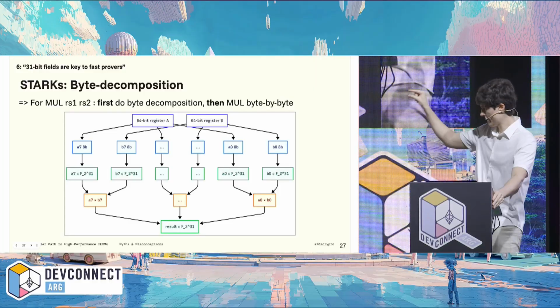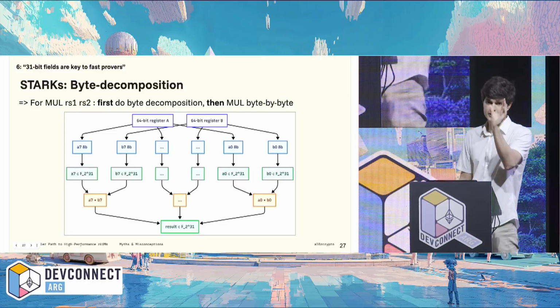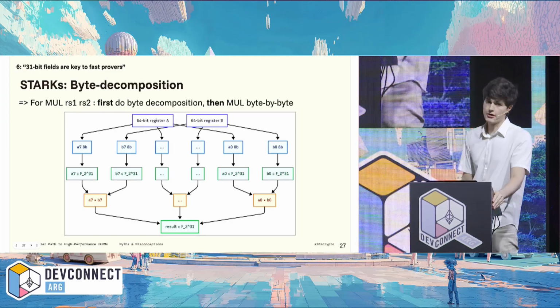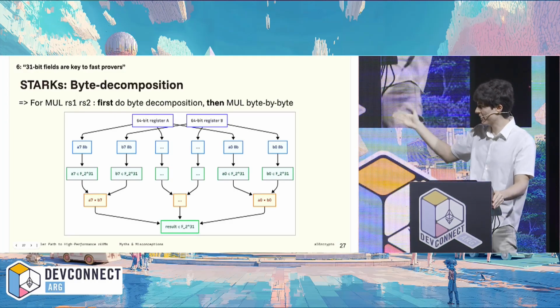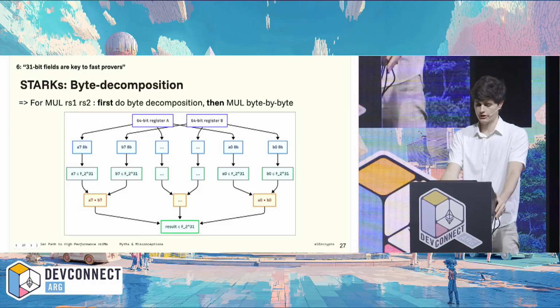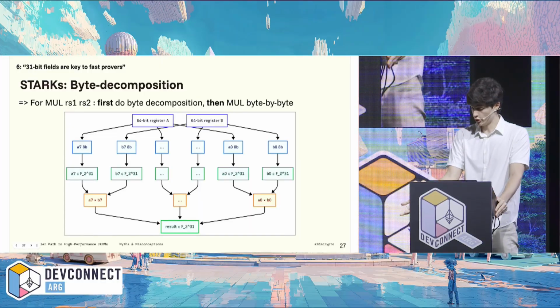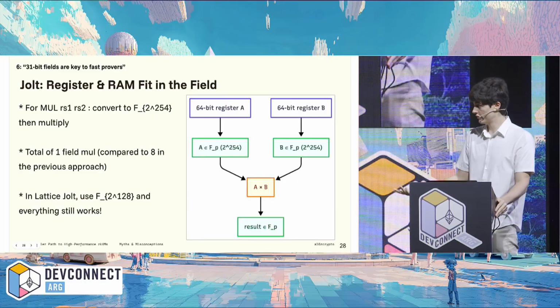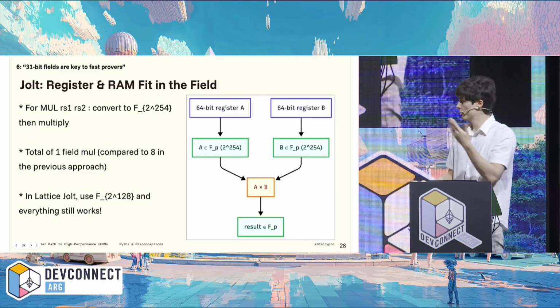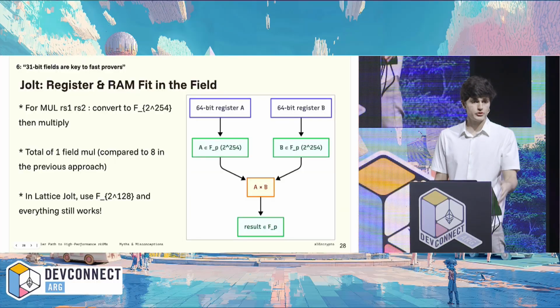This blue layer is byte-by-byte decomposing each of the 64-bit registers. Then you perform byte-by-byte multiplication, and then you concat the result back into the field. So what does Jolt do instead? Jolt uses a big field. Jolt can directly embed the register values or the RAM values into the field and then do a single field